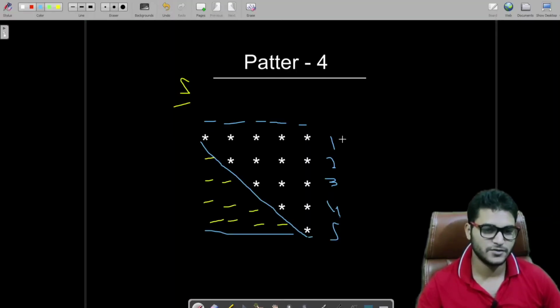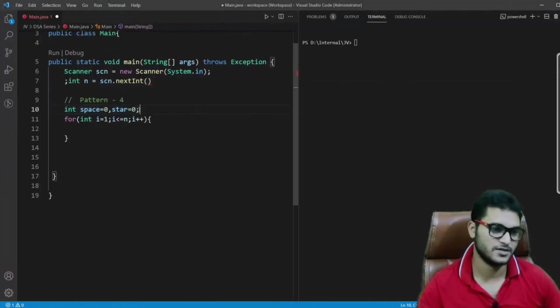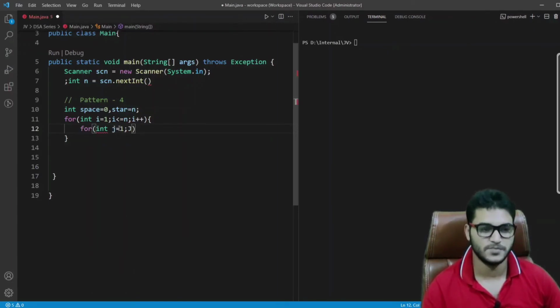In the first row, what do we have to print? In the first row we have to print 0 spaces and 5 stars. So we will use the same logic in our variable initializations. We have to print n number of stars and 0 spaces. So this is the initialization part for these 2 variables. And now the things are very simple. We just need to print stars and spaces.